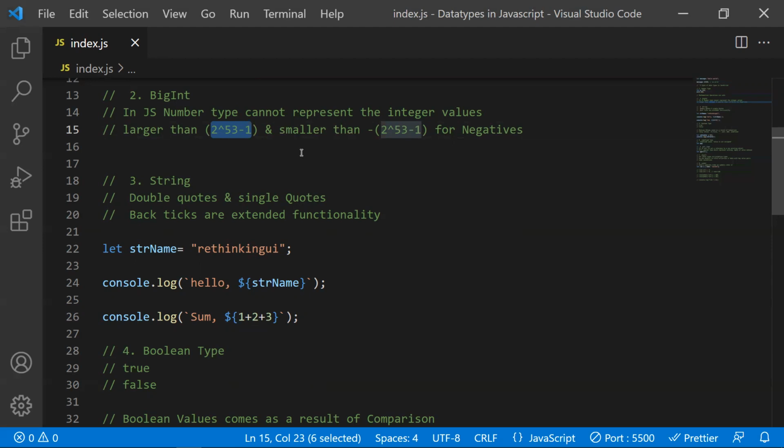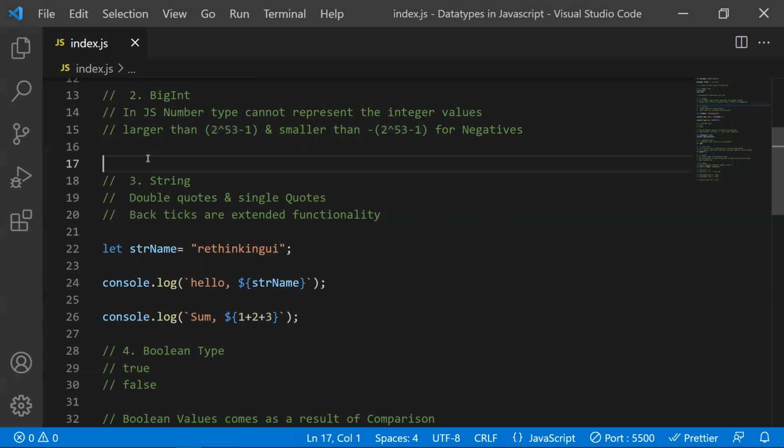But as technology evolves, we need numbers greater than this limit. Technically this is a limit, and we want numbers beyond it for applications like cryptography and microsecond timestamps. To calculate and measure these, we need numbers beyond this range. That's the reason in ES6 we got BigInt, a new data type.